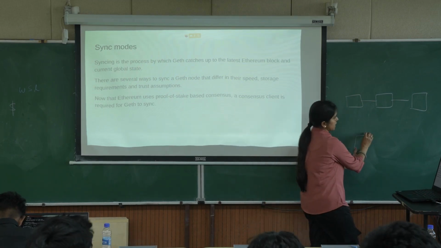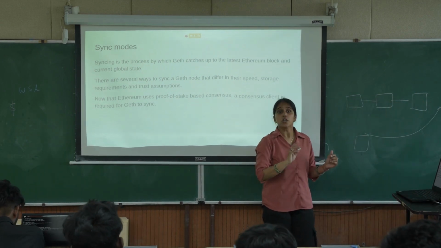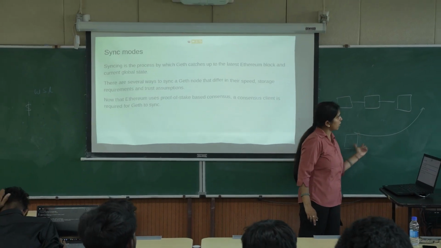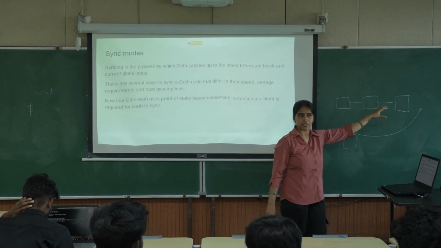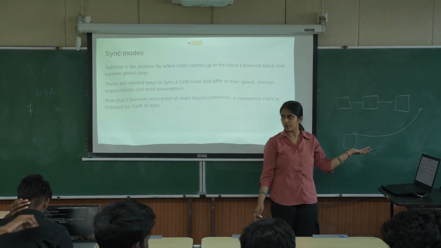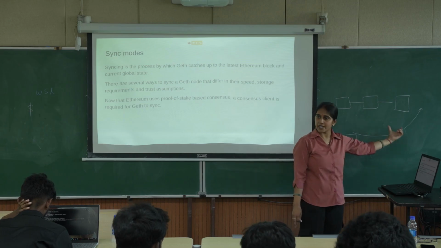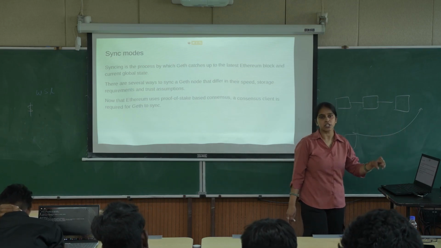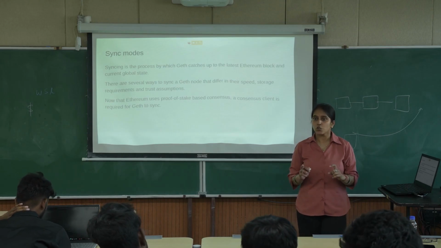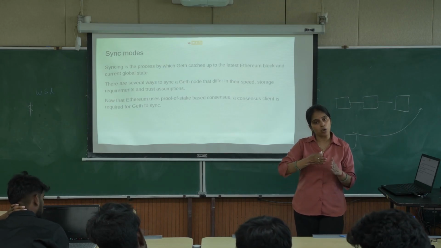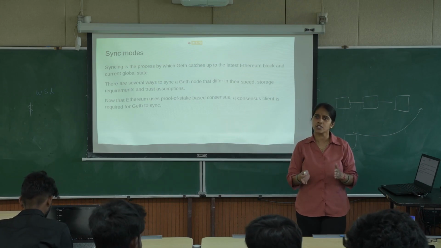When you are getting connected to the blockchain, your block might come over here. But for getting your block to connect over here, you need all of the previous information, because it is visible to everyone, it is a public blockchain. For this, you need some synchronization time. This synchronization time is very important, and the mode is also important, whether you want the whole information that has happened in the history, or you want just the